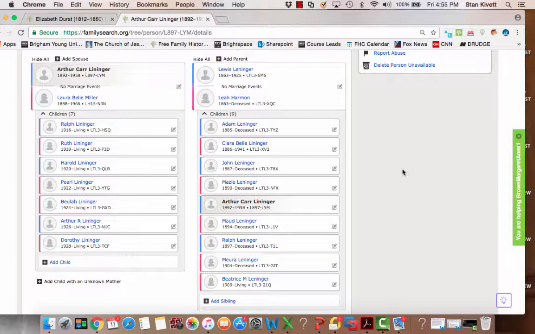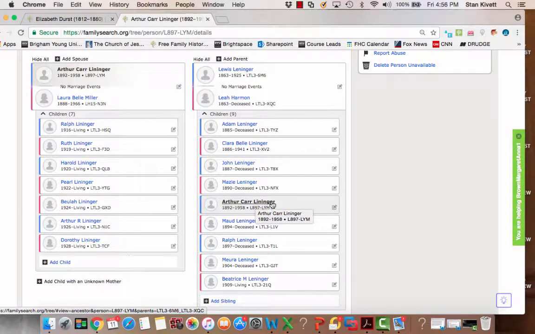Rather than bore you, I just did a lot of work off camera and went to Lewis's person page and looked for some sources for him and was able to find a 1910 census record that had Lewis and Leah and Clarabelle and Arthur on it.